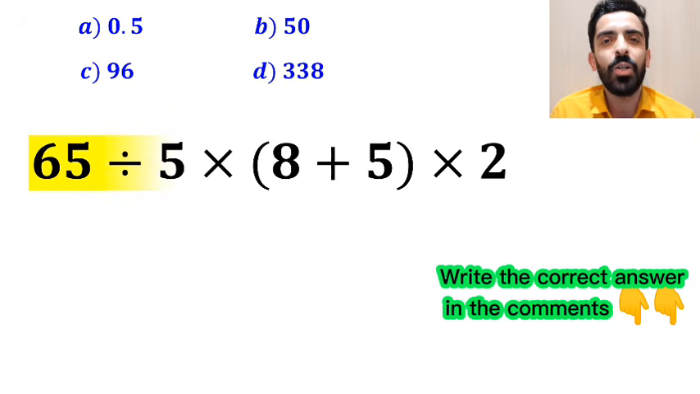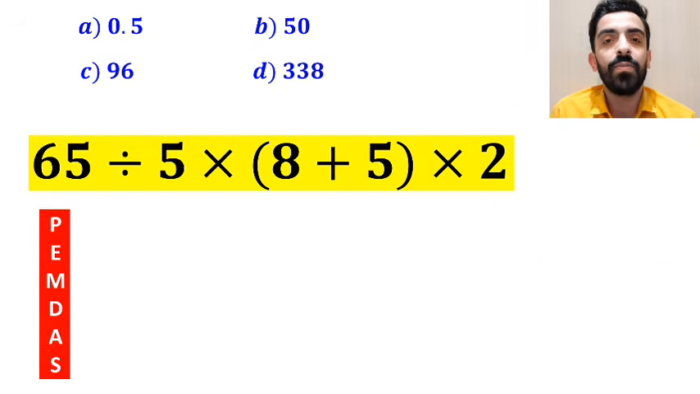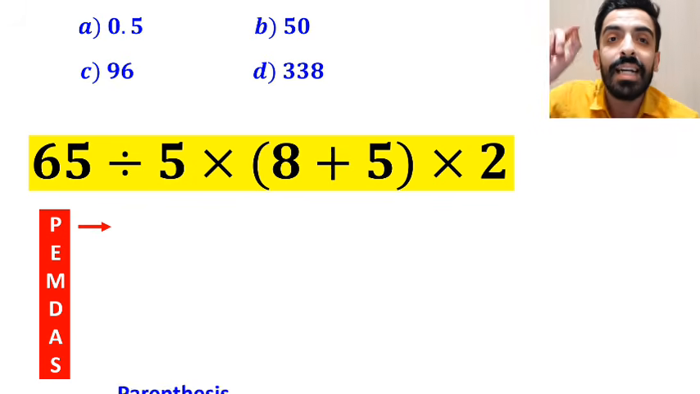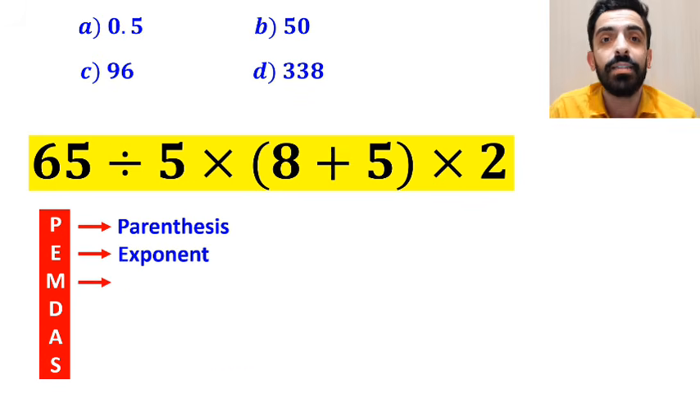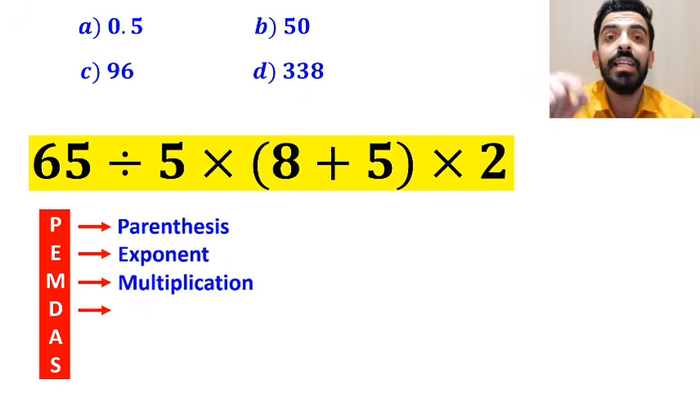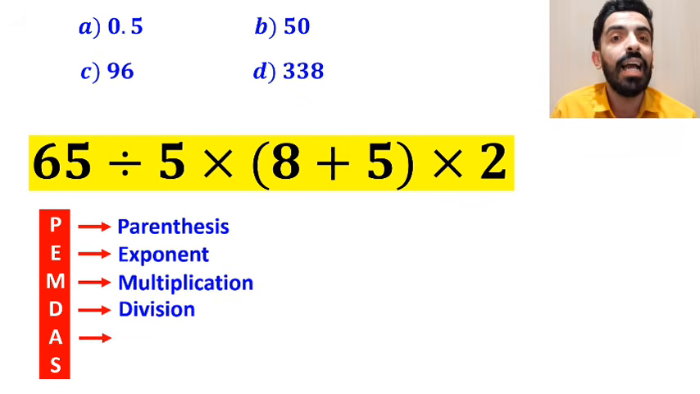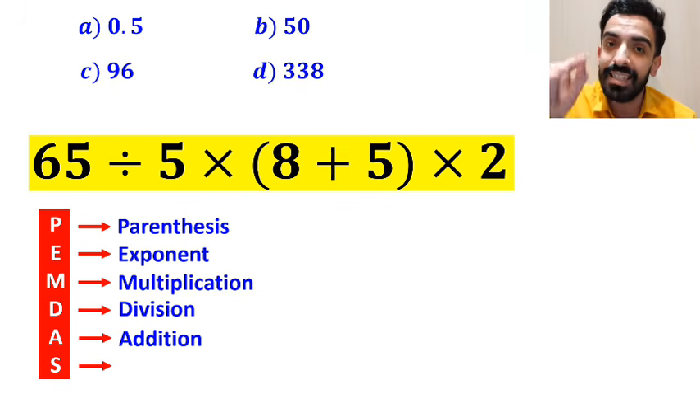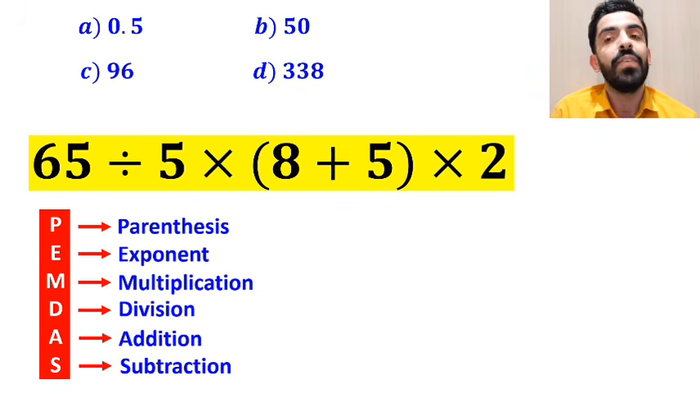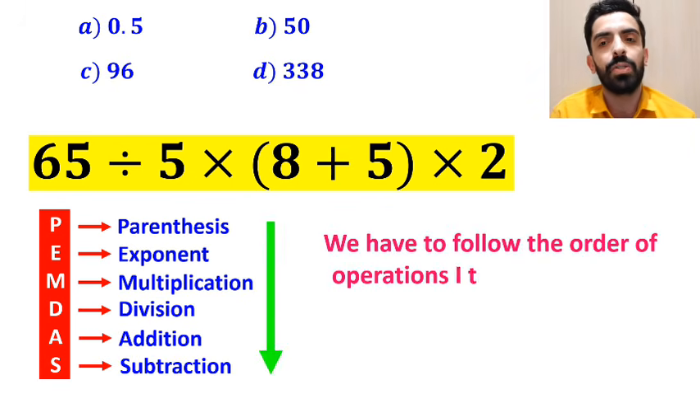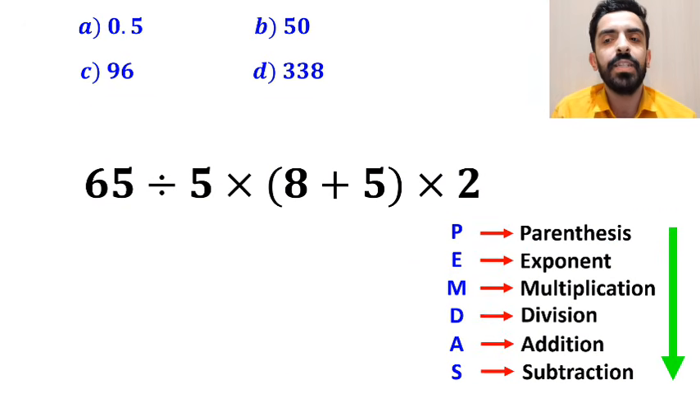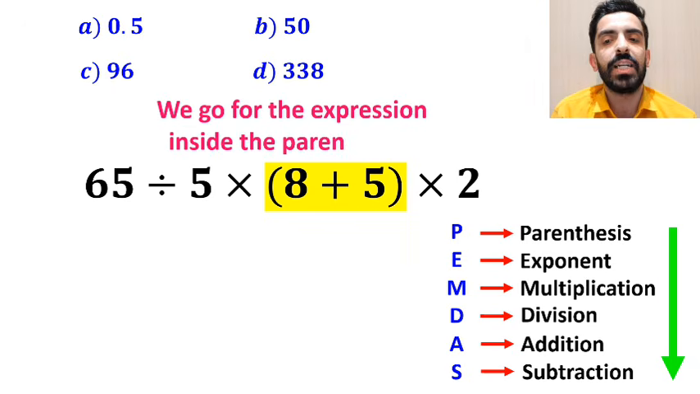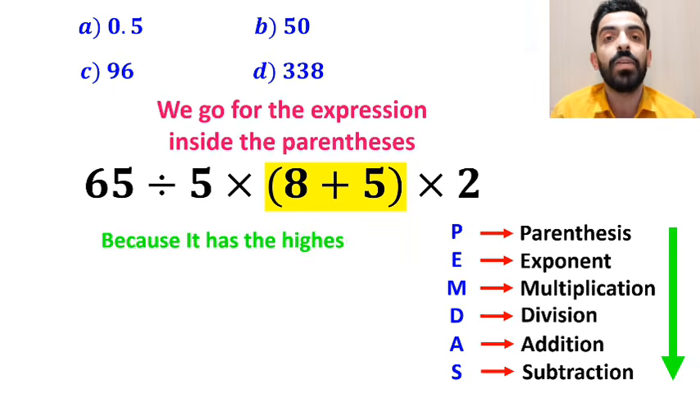Alright, now let me show you how to solve this expression properly. To solve this question, we must follow a rule that is called PEMDAS. In this rule, P stands for parentheses, E stands for exponent, M stands for multiplication, D stands for division, A stands for addition, and S stands for subtraction. We have to follow the order of operations I told you, step by step from top to bottom. Okay, and the first step, we go for the expression inside the parentheses because it has the highest priority among